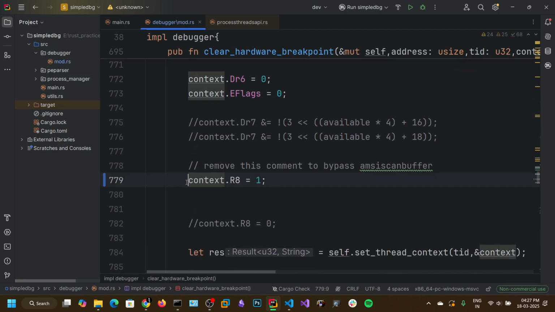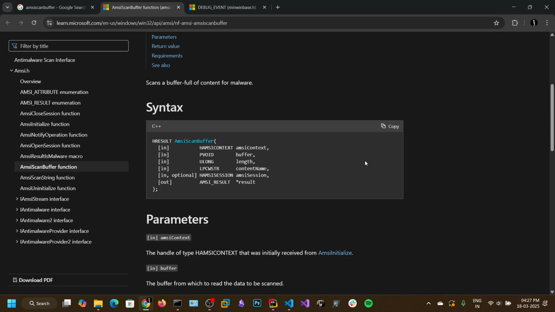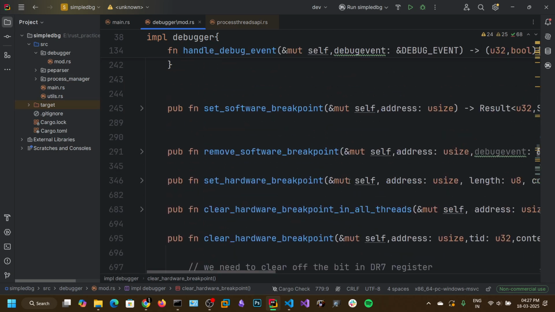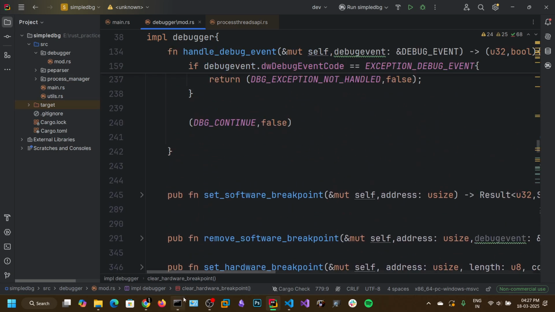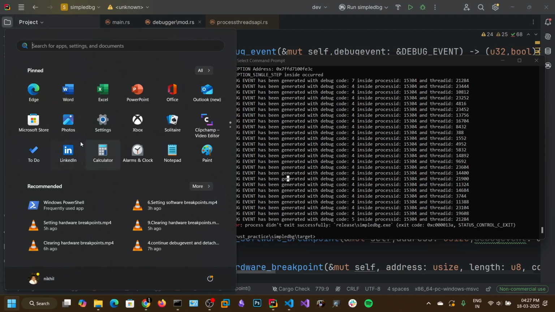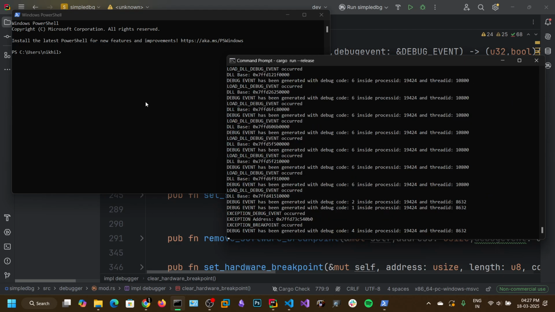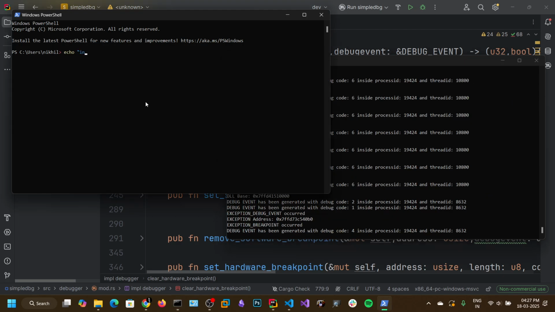So I already tested this: context.r8 is equal to 1. We are changing the length parameter to 1, and we are setting the thread context, and then we are continuing. Let's run this. Now if I type echo invoke mimikatz,